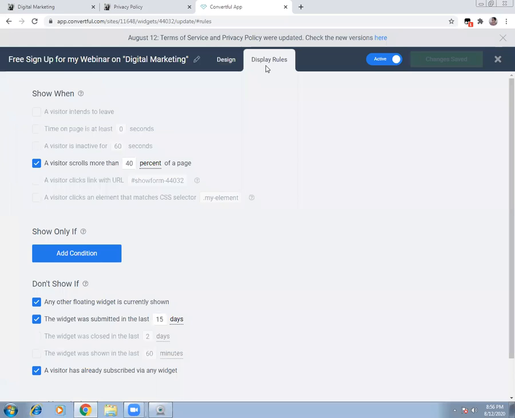Here I have given a display rule. You can ensure the pop-up comes whenever a visitor tries to leave. How do you know that a visitor is leaving your website? When he tries to go and click this cross mark. When he goes and tries to click the cross mark, that means he's leaving. So whenever he goes to the topmost part of your website, automatically your website will display this pop-up: Register for my free digital marketing course, just to grab him back.